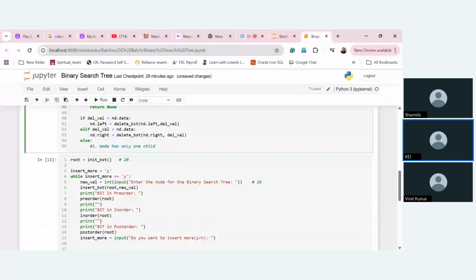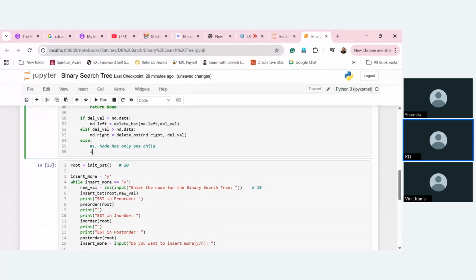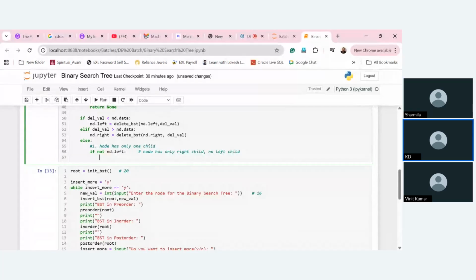So it will be checked: if not nd.left, it means the node has only a right child. There is no left child. So now what it will do is simply temp